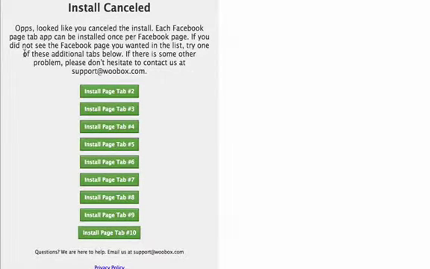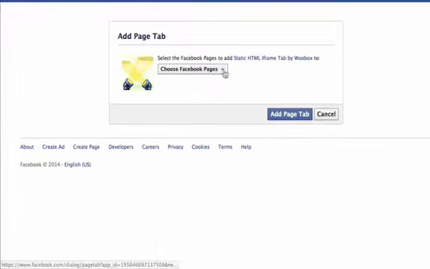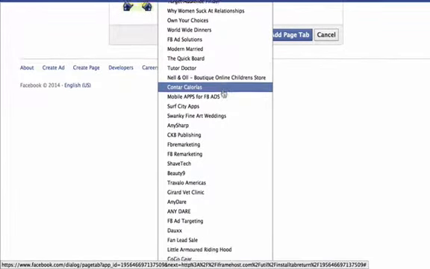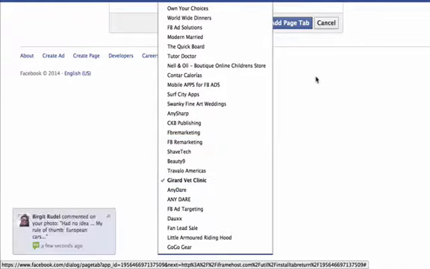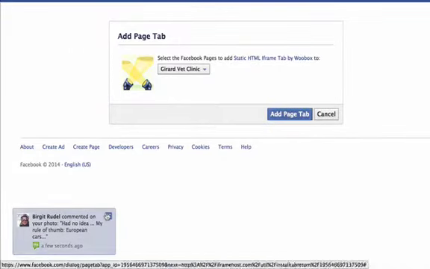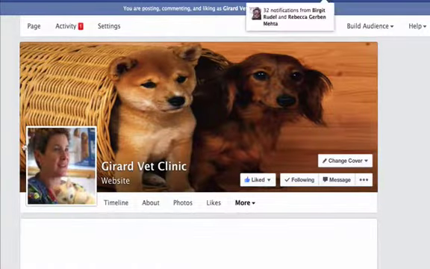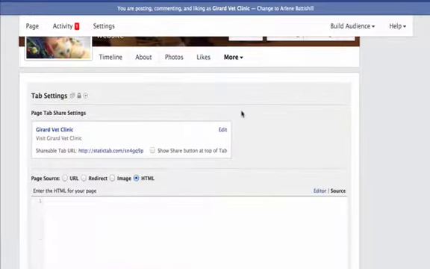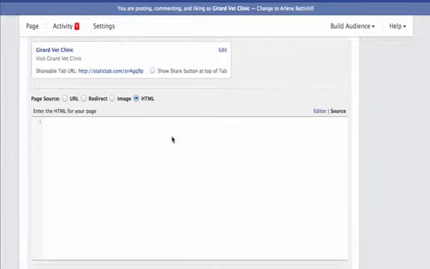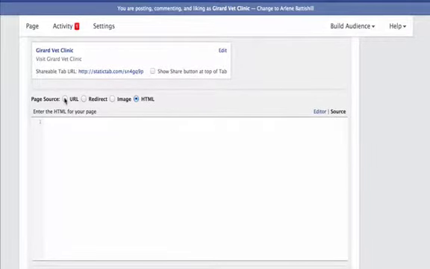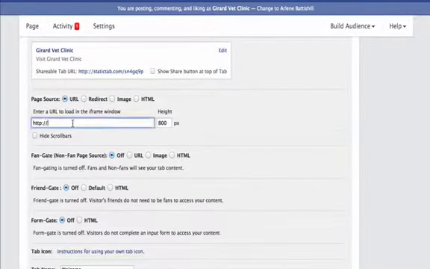And as I said before, I have two apps in place already. So now I want to install page tab number 3, and that should open up and give me my page. And we add the page tab. And it opens up to where you can create this particular app. And so all I'm going to do for the purpose of this exercise is just click on the URL and type in